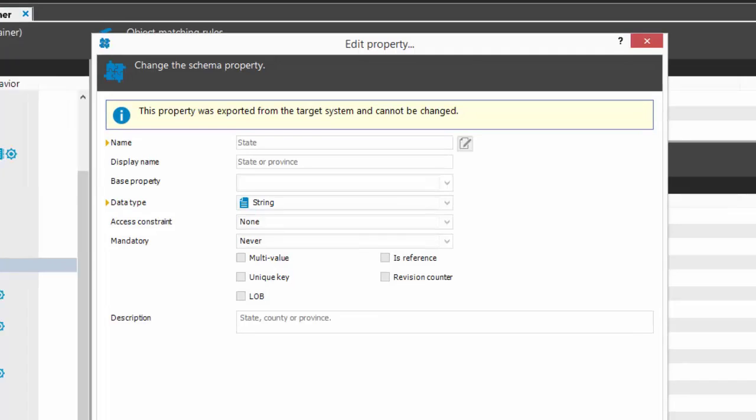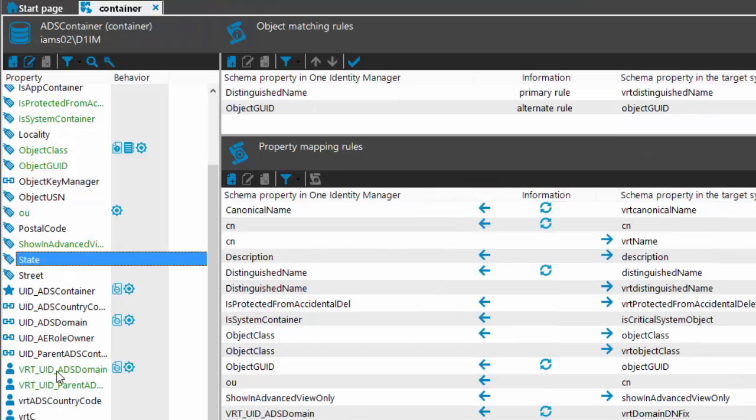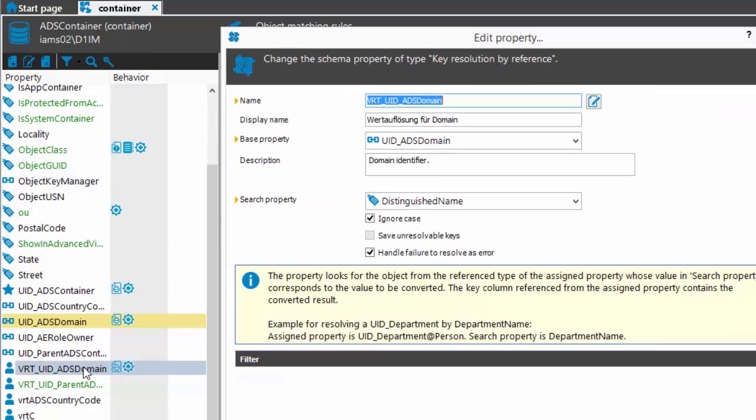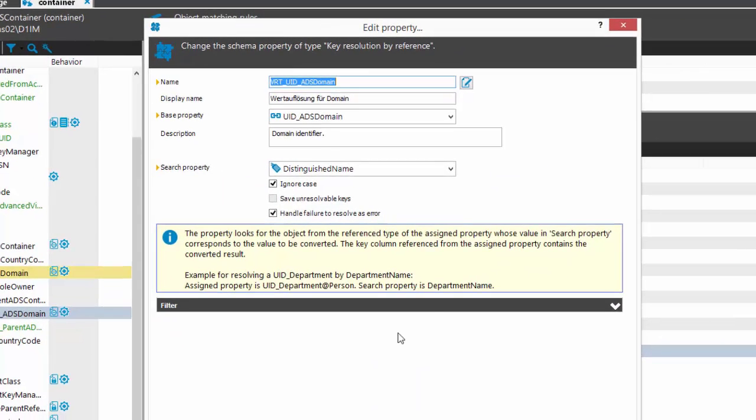Now I'm going to click on a virtual property here. This is the virtual property UID_ADSDomain. You can see here when I'm clicking on the property, the system highlights the real property UID_ADSDomain, and that means that the real property is used somehow inside of the virtual property. Now double click the virtual property, and you can see that it is of type key resolution by reference. That means it takes a value, in that case a distinguished name, and searches the primary key UID_ADSDomain in the table ADSDomain